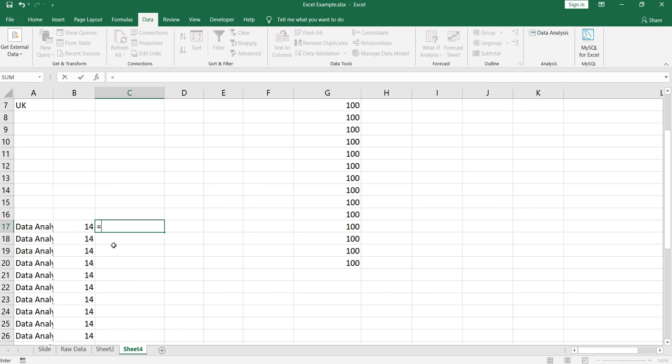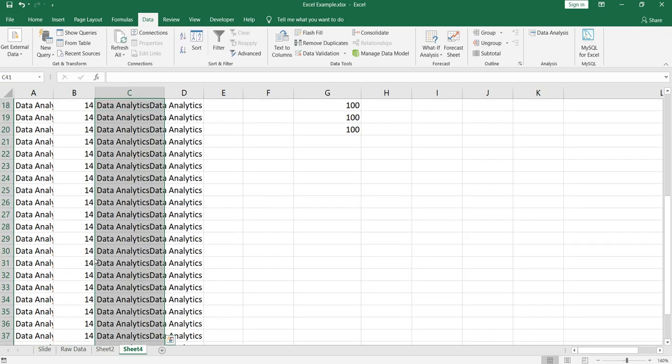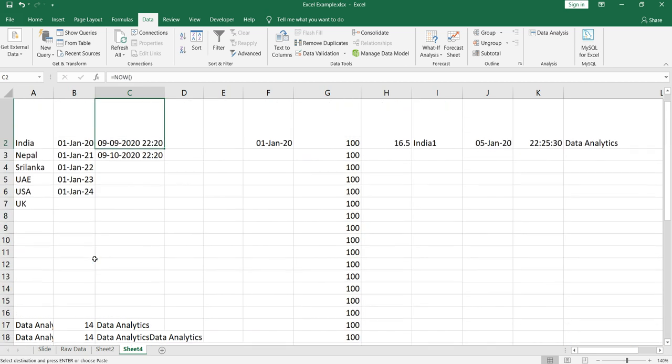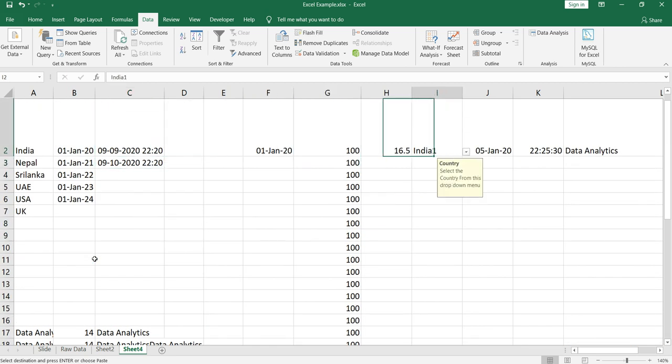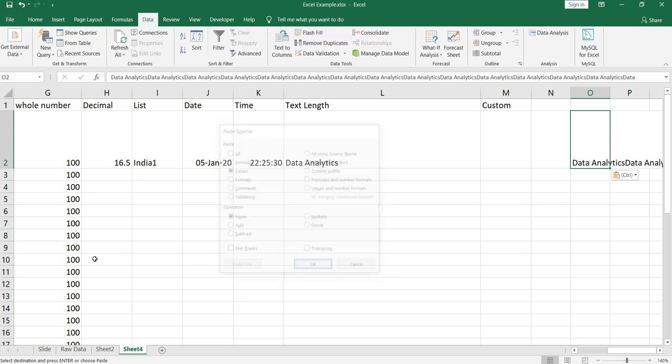So I have to concatenate it first, equal to this and this. Similarly, now I'll drag this formula. So currently you will see that this is the value, and for our example I'll use this value. So I'll put here this data analytics.